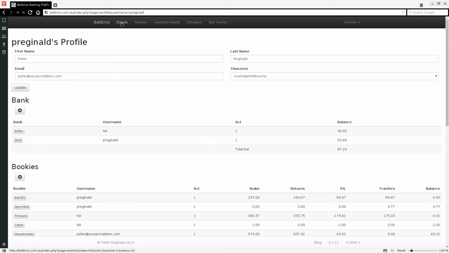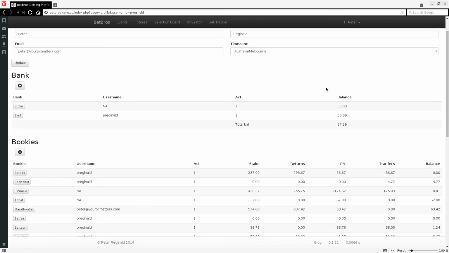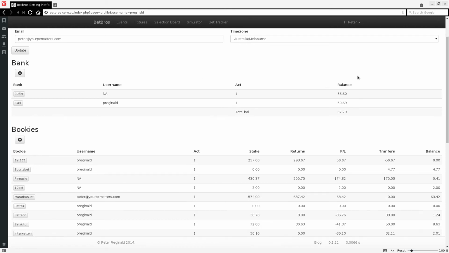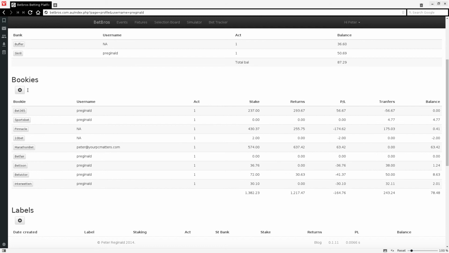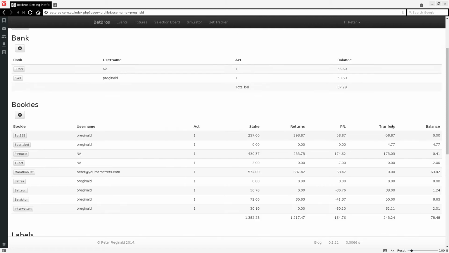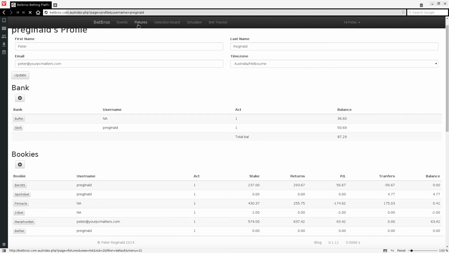As you can see, I've logged in already using my main account. This account's been used for a while, so I've already got a couple of bank accounts set up, and I've got my bookies with all the different current balances. Today, I'm going to look at